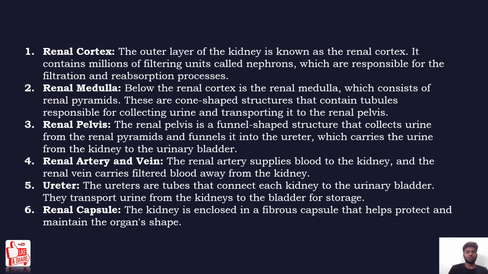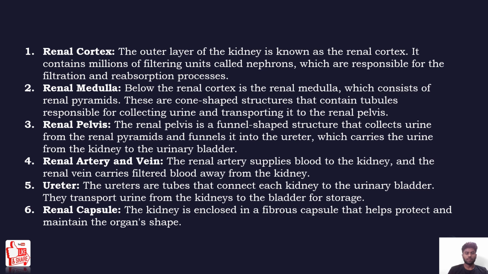Renal cortex. The outer layer of the kidney is known as the renal cortex. It contains millions of filtering units called nephrons, which are responsible for the filtration and reabsorption process. Renal medulla. Below the renal cortex is the renal medulla, which consists of the renal pyramids. These are cone-shaped structures that contain the tubules responsible for collecting the urine and transporting it to the